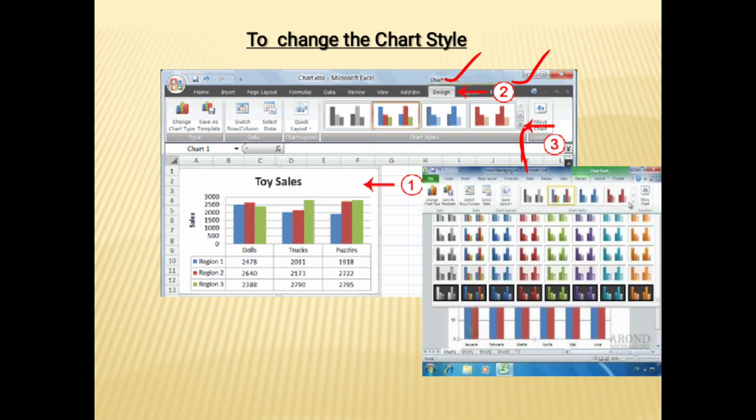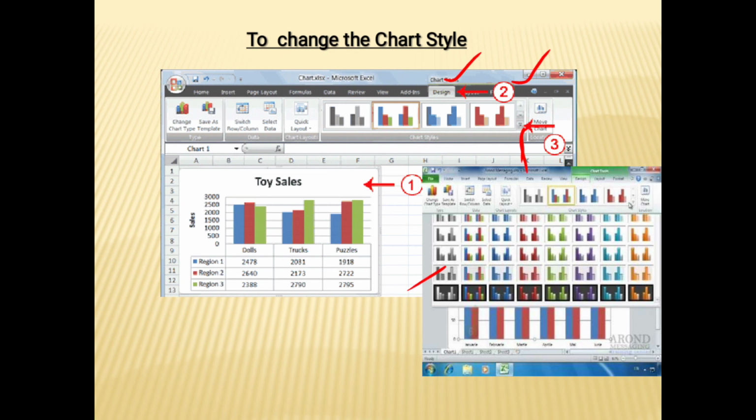From here you select the desired style. At last the chart will update to reflect the new style.